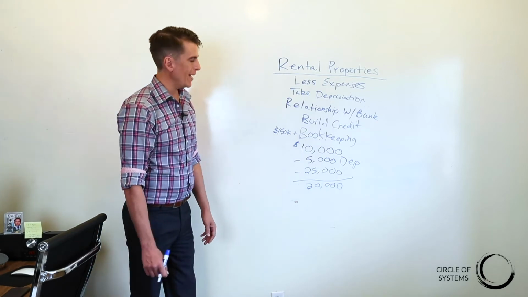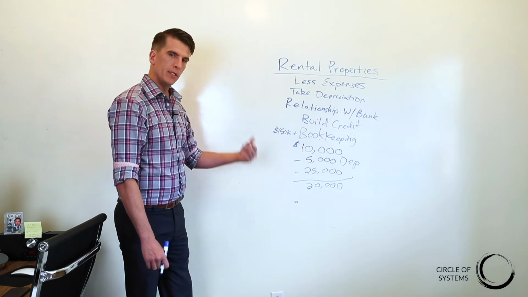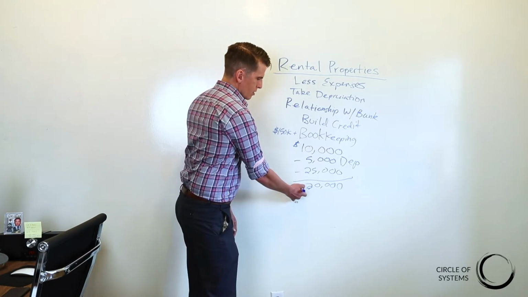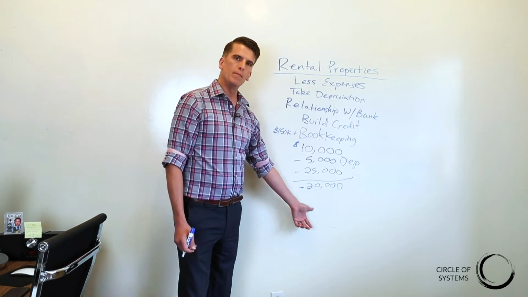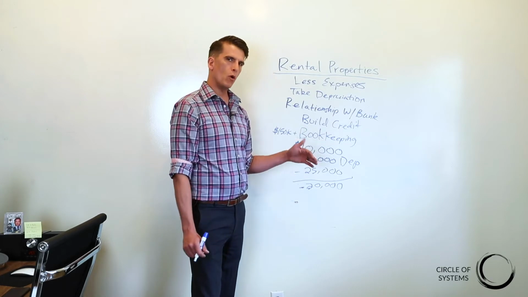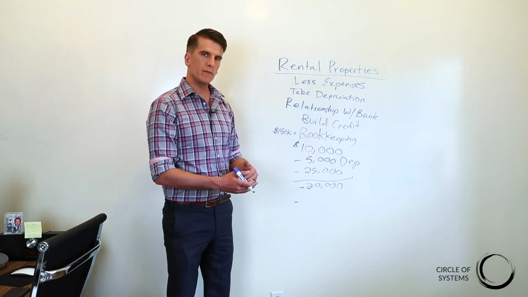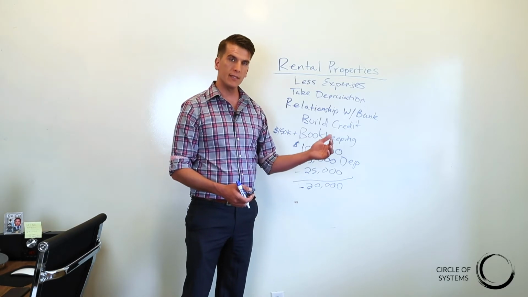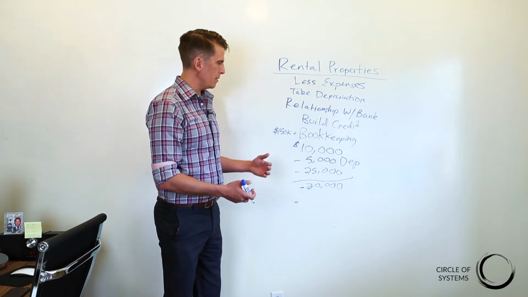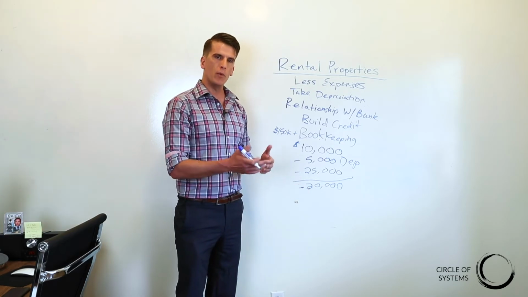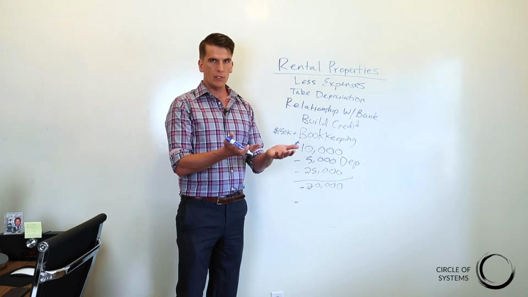So let's say you have passive income on some other properties that are doing even better. This can now lower your passive income. So you're saving more and more money from these rental properties. Normally it's the ones that you've had going for a long time that are profiting the best. The brand new ones are going to be the ones that you're going to have more of a negative number, which is going to help to balance out. So that's the whole idea.